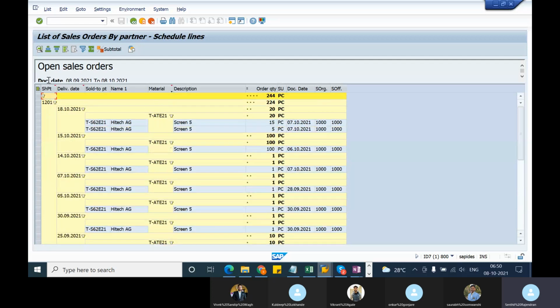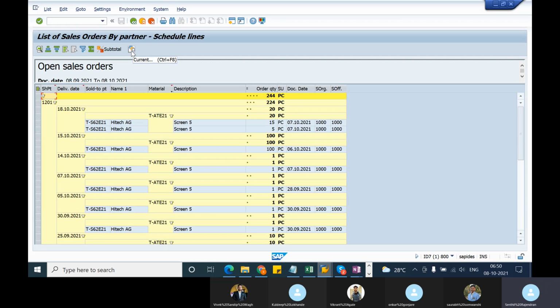So we can sort it in ascending order, descending order. You can select and go into the details. You can select all, deselect all. So all these options are available in the system. So one important thing is the layout. You can use the layout. You can add fields whichever you want to view, and we can create your own layouts